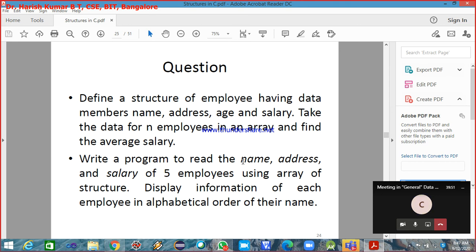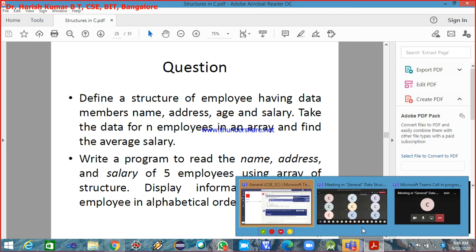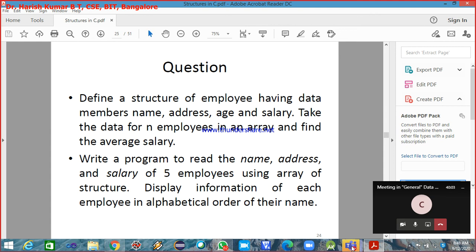Noted the question? Yes, sir. You can take the photo also. If you're not good at writing fast, take the photo of the question. Okay. So now